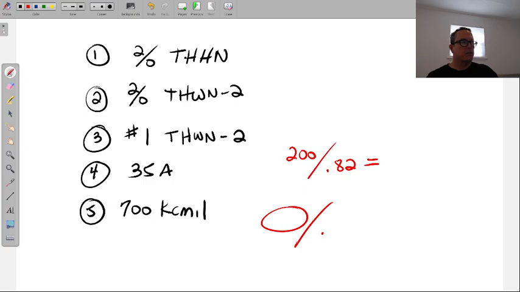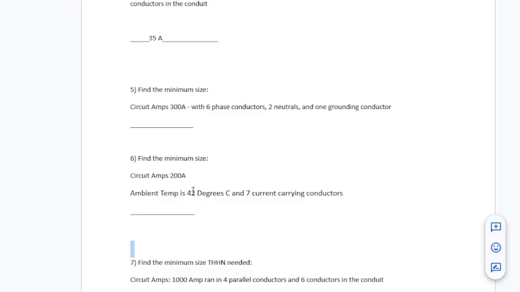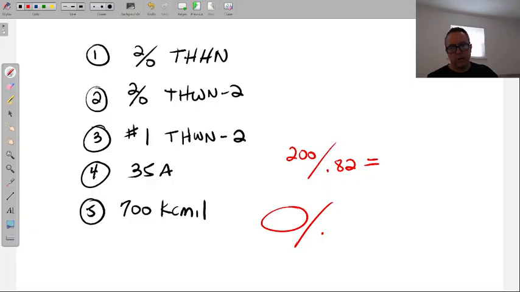So going back over to the question, just to walk us through it as we're looking at it, we have an ambient temp of 42 degrees Celsius. I threw in Celsius so you don't forget that table. And we have 7 current carrying conductors, basically the same amount percentage that we've been using so far. I haven't really made it too crazy. 7 current carrying conductors, very normal. 3 ABC plus 1 large size neutral. We could also do that if we paralleled, kept it all in one conductor. So our correction factor will be 70% or 0.7, but I'm just going to put the 0.70 so you can see it.